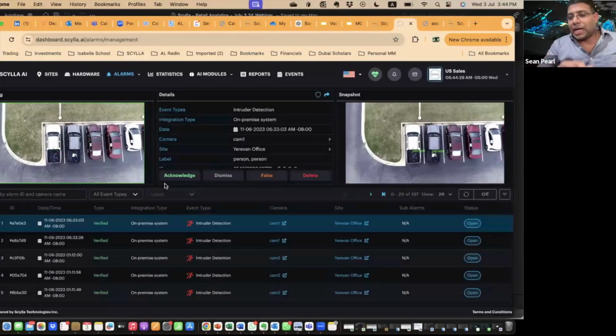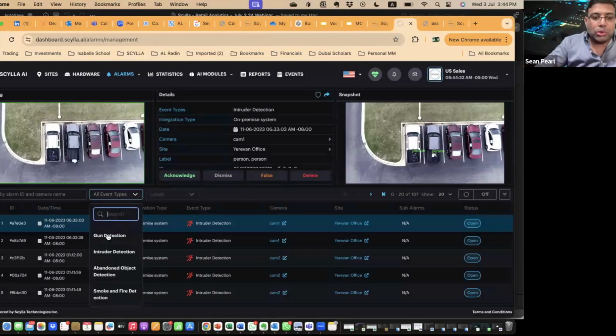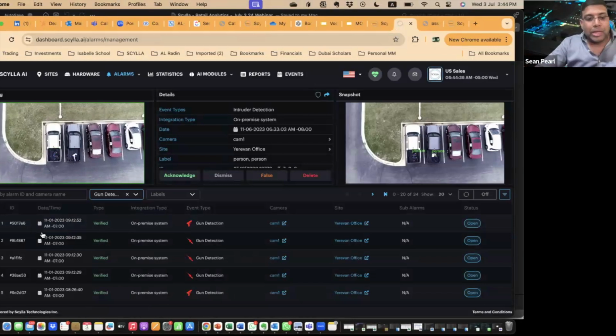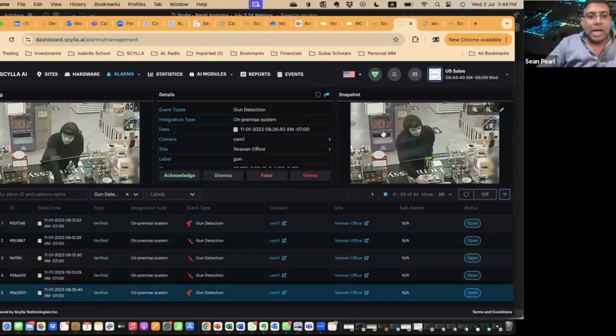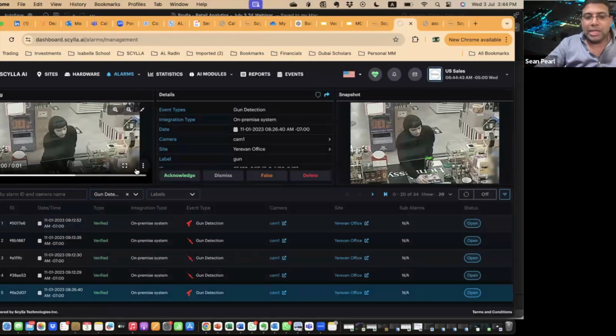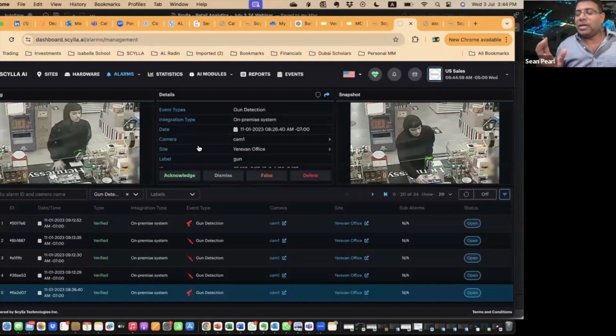Right, so this is what our dashboard looks like. I'm going to show you this in a bit, but what I want to show you very specifically is the weapon detection. Let's just choose a video here. Okay, now if you look at this scene, the movement across frames is actually quite fast. In spite of that, you can see we are able to pick up on the presence of a weapon. And why this is even more impressive is because it's a black gun that is being held, and the offender has also worn a black hoodie, right?